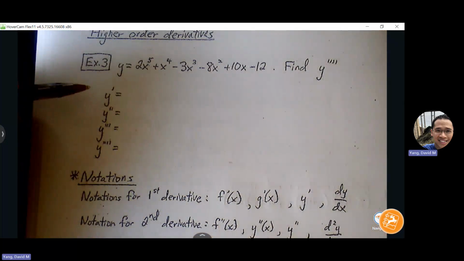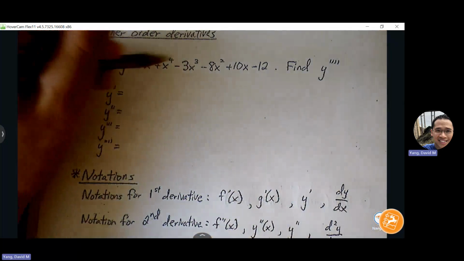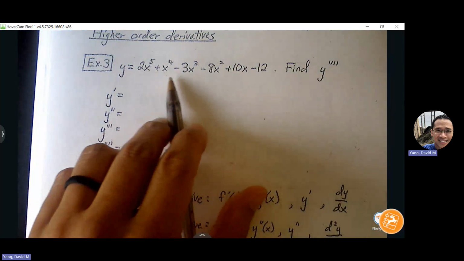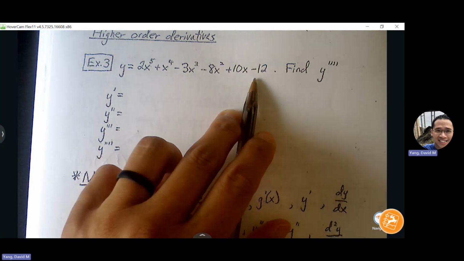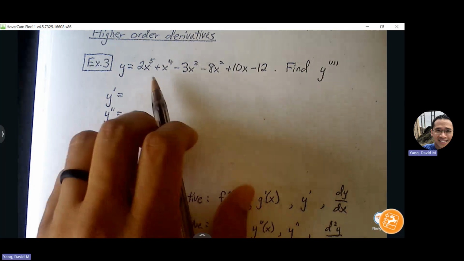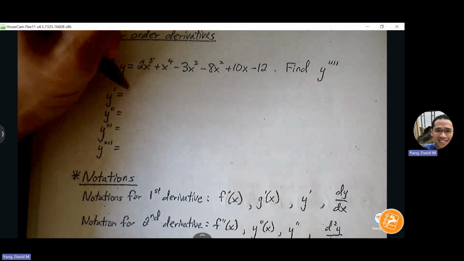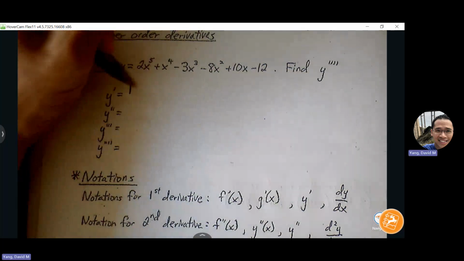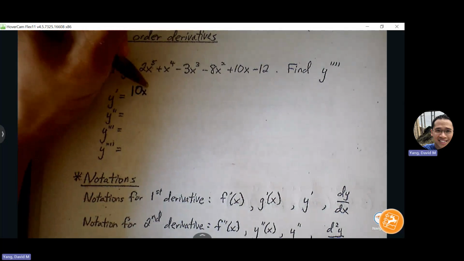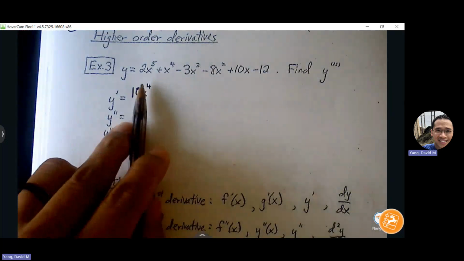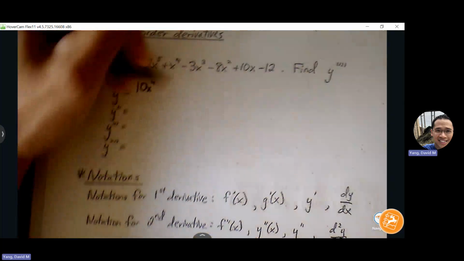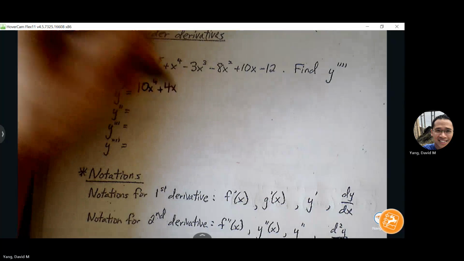Okay, so let's find y prime first. Y prime, we go through a power rule for each term. Every term is set up and ready. There's no radicals. There's no variable in the denominator. No parentheses. Okay, so what's the first term become? 2x to the fifth becomes 10x to the fourth, right? We deal with the power rule. We bring the exponent down in front, and we subtract 1 from the exponent. Okay, 4x to the fourth becomes 4x